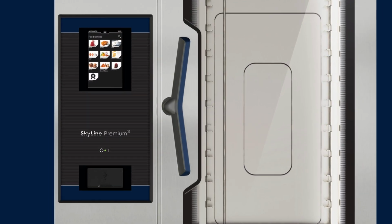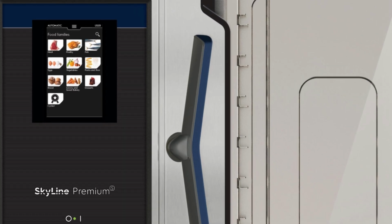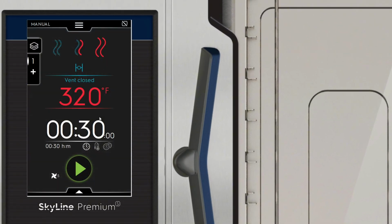This is Chef Josh with Electrolux Professional, and today we're going to look at creating a phase cooking cycle on the SkyLine PremiumS oven. So in manual mode, which is what your oven will be in when you first turn it on,